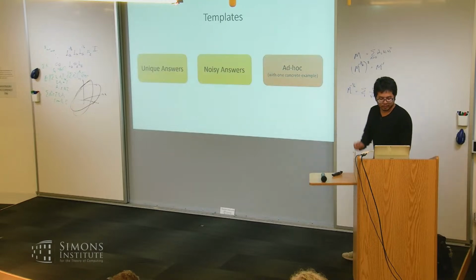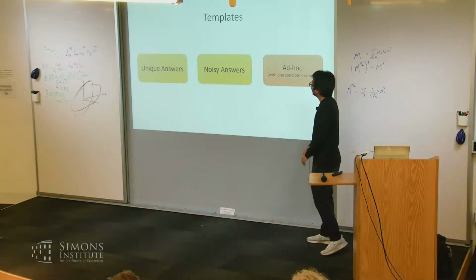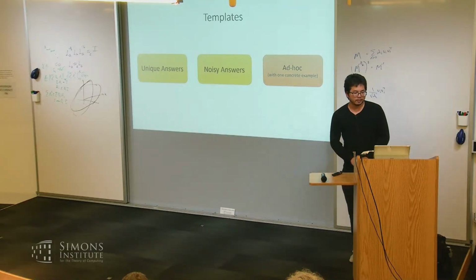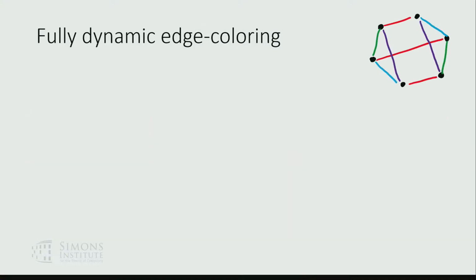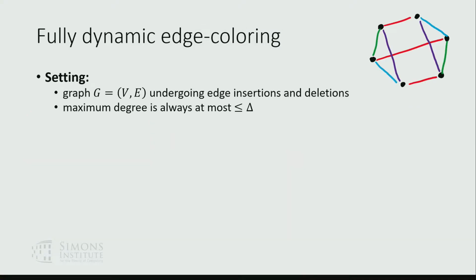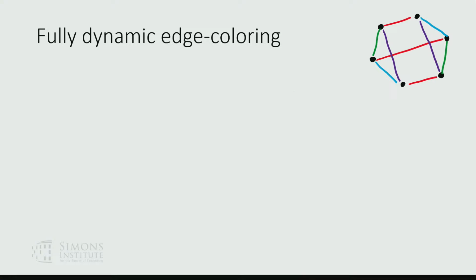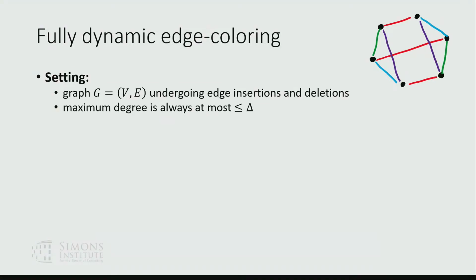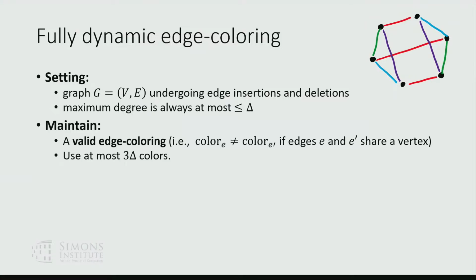Okay. So these are the two generic ways. Now let me tell you there are some things to explore. To tell you about this, let me give you a simple algorithm for this problem of edge coloring. The problem is that you have a graph that undergoes edge updates, and let's say this graph has maximum degree of delta. And what you want to do is to maintain the edge coloring